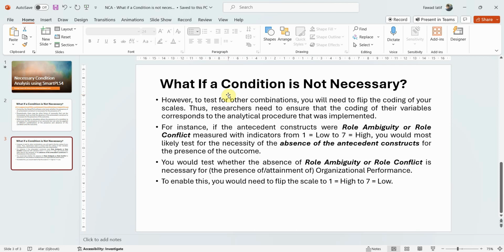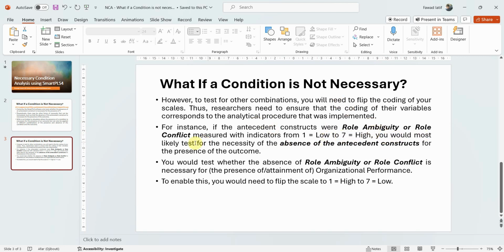A higher score on rewards meant better rewards. Now in this example, if we have constructs like role ambiguity or role conflict, measured on 1 to 7, where low means low role ambiguity and high means high role ambiguity,